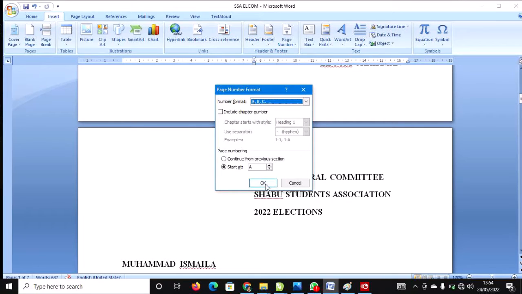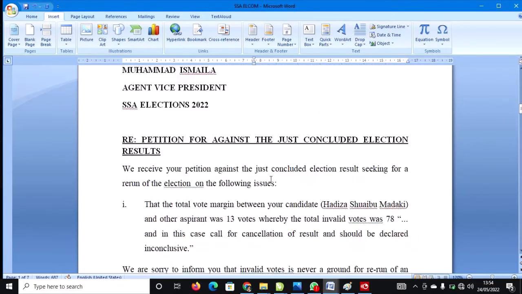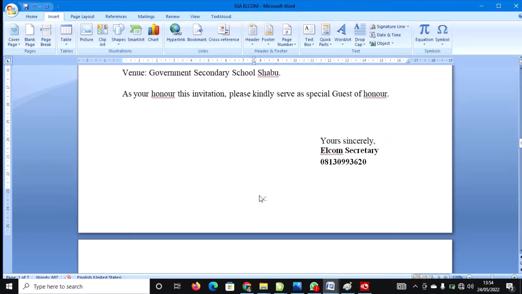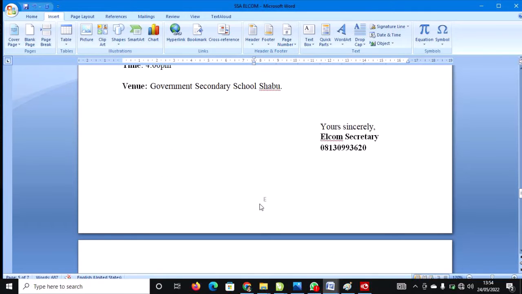Let me select ABC. Instead of 1, 2, 3, 4, let this be ABCD. Look at it. A, B, automatically C, D, E, continuously. If you want to now make it a Roman numeral, you come to page number,